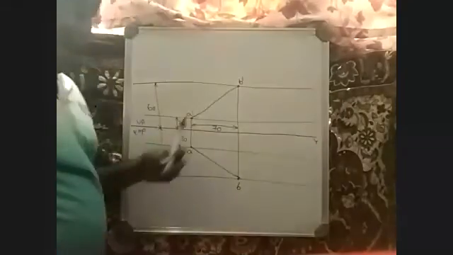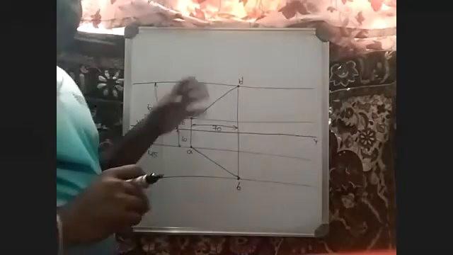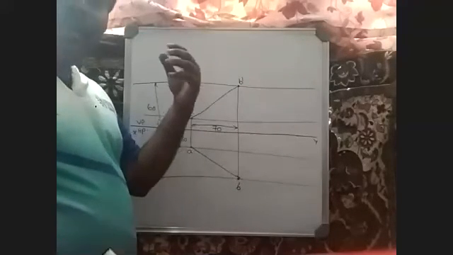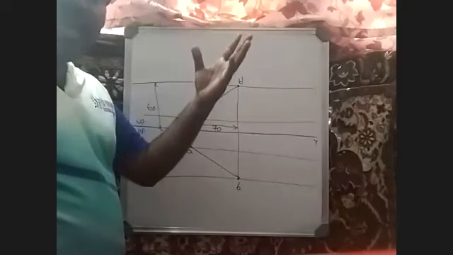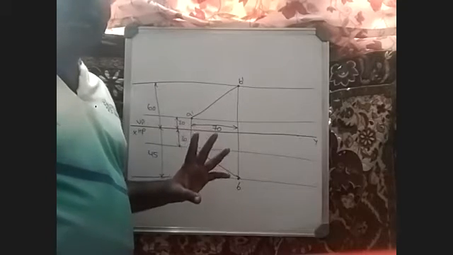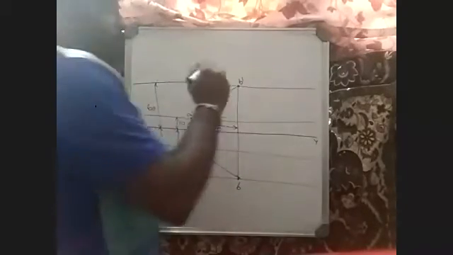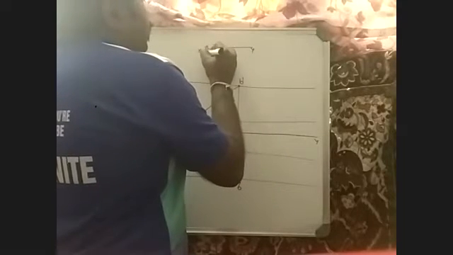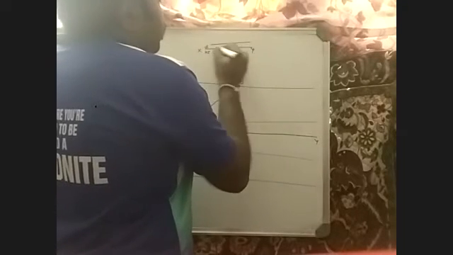Just observe. When you get stuck on the solution, take your own example and try to understand. Once you get clarity from that, then you can solve the complicated problem. Just observe how I did the previous problem. This is the XY line, this is VP and HP, 20 mm above HP, 30 mm in front of VP.